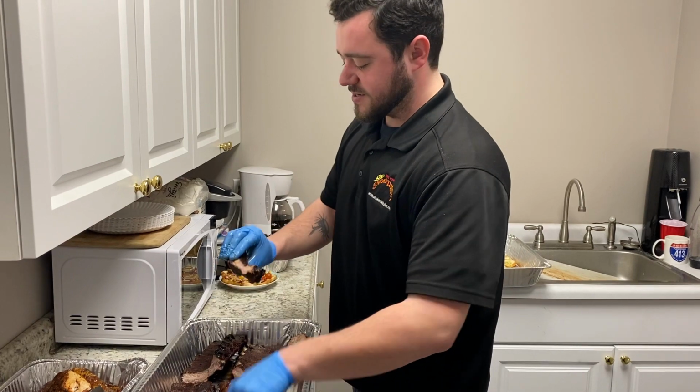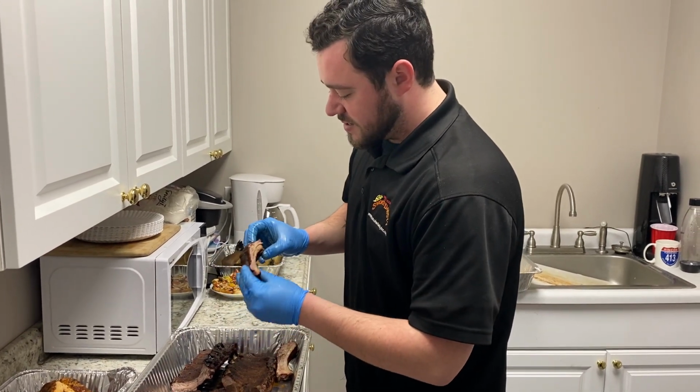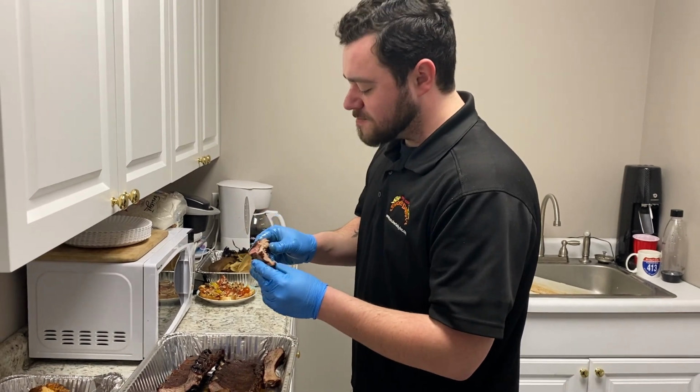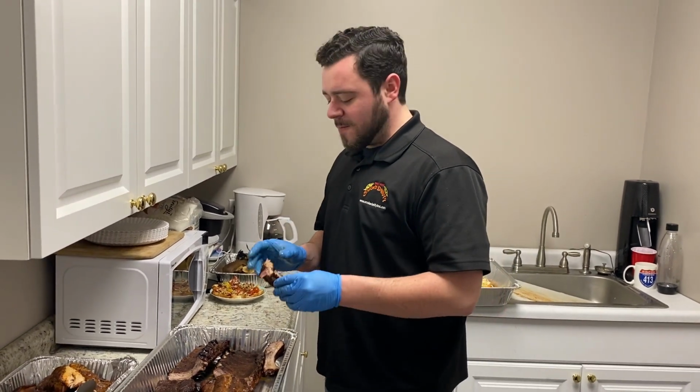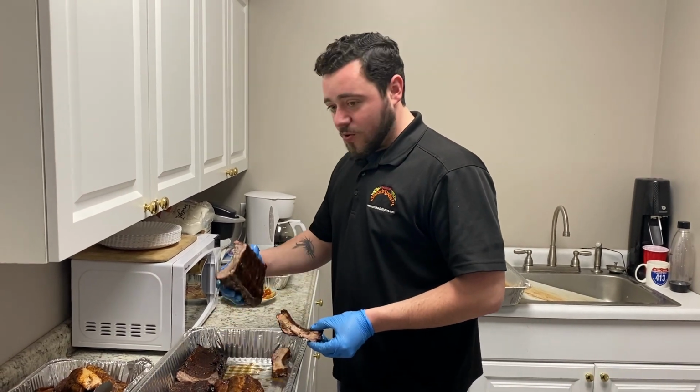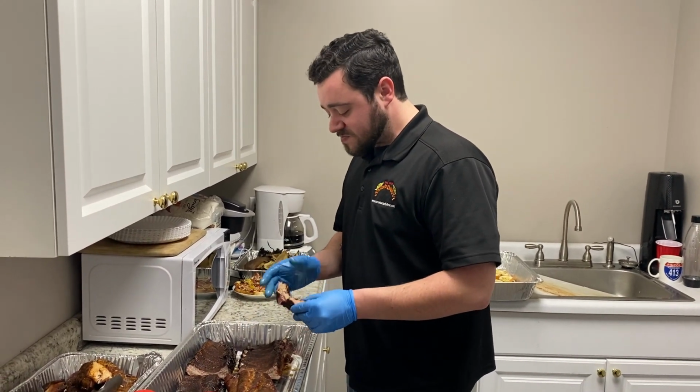Oh yeah, cut nice. Oh yeah. Oh, it's definitely got a little more kick to it, but still, that's really good. I could have a whole quart of this. Well, either way,